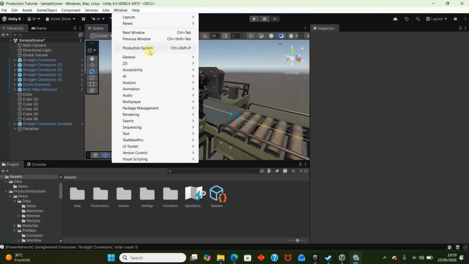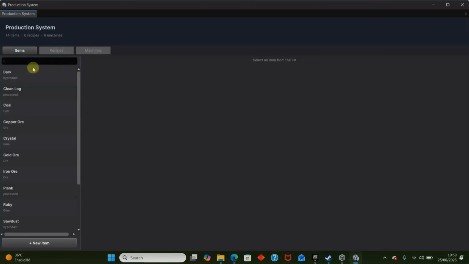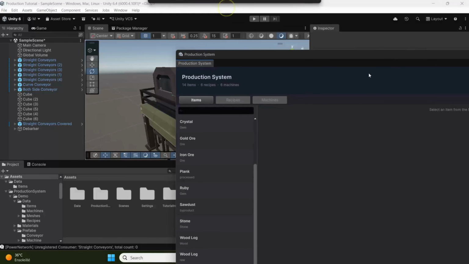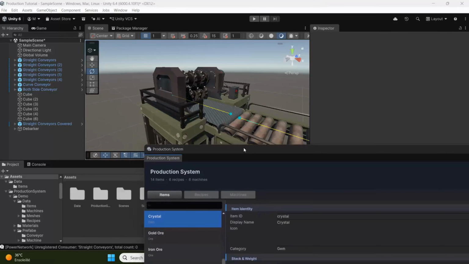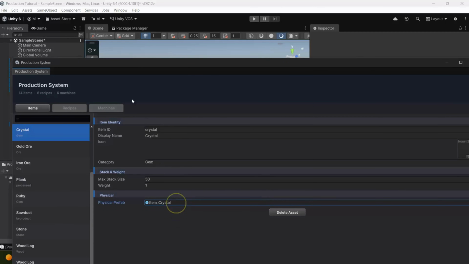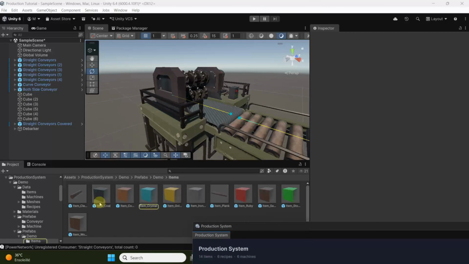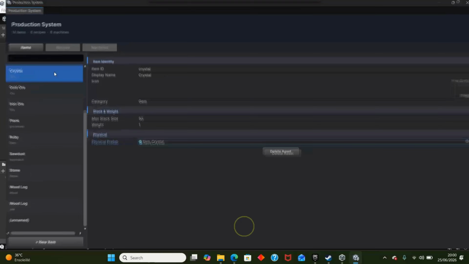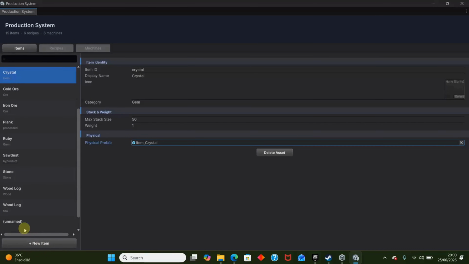You need to go to Window, Production System. Here you will find three categories, three windows: items, recipes, and machines. In Items, you create every item you want. For example, crystal. In the assets, you will find a number of items that we created: coal, copper, crystal, etc. To create an item, you just click new item,